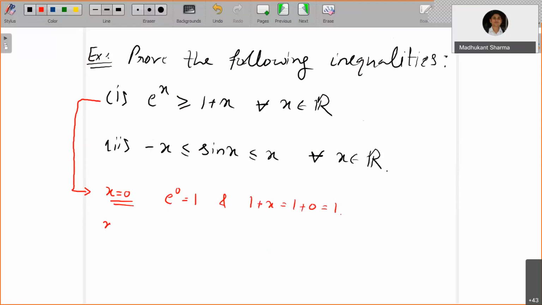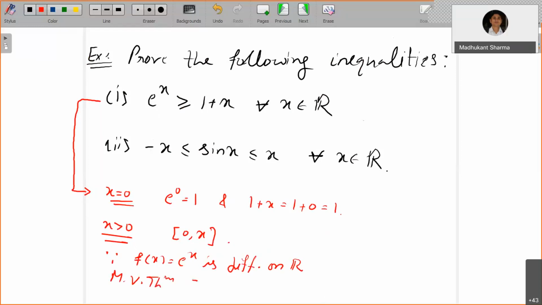So for the case x greater than 0, you can take the interval 0 to x. Since this function f of x equals e to the power x is differentiable and continuous, nice properties are attached with this, so you can certainly apply the mean value theorem. Since f of x equals e to the power x is differentiable on R, it is also differentiable on 0 to x. Then the mean value theorem